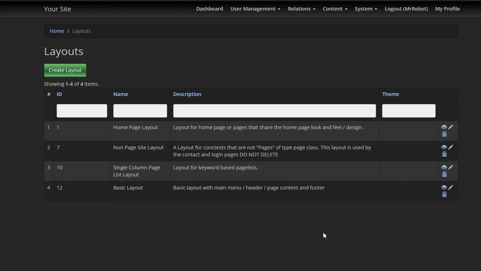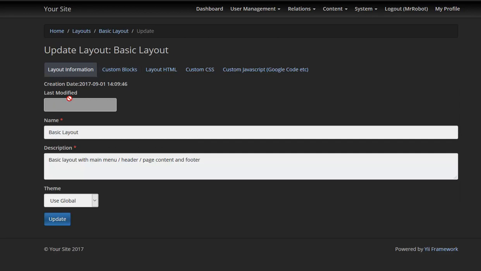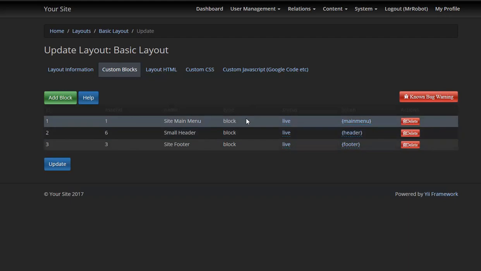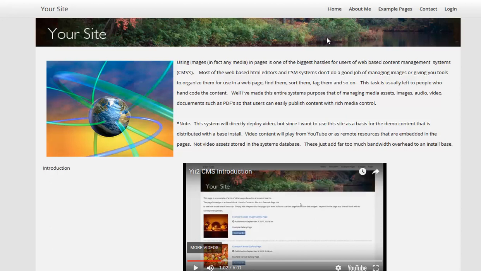Insert shared blocks. For instance, you might want to, well, let me show you here. In this instance, what I've done is I have the basic block, and you'll see it just says main menu, header, content, and footer. But the main menu, the header, and the footer are actually custom blocks. These are individual shared blocks that exist under the block system. So, for instance, the site footer just has the footer stuff, this business here, in it, and the site main menu has this menu in it,